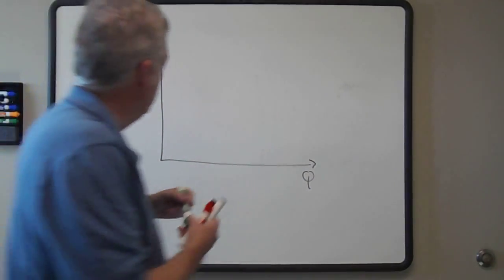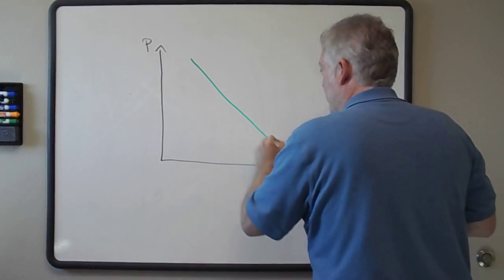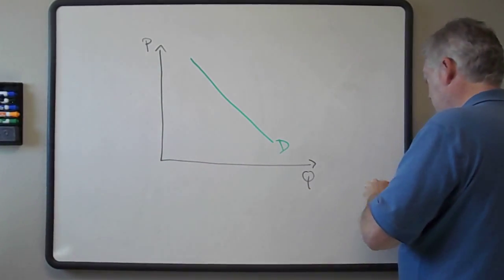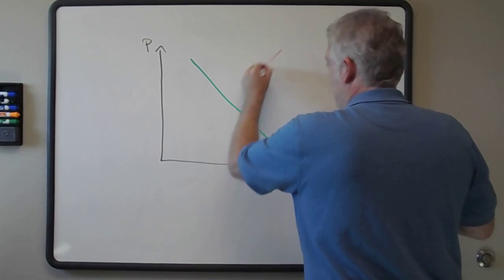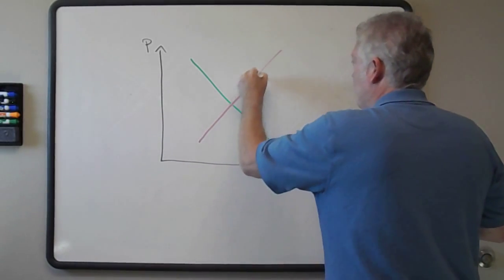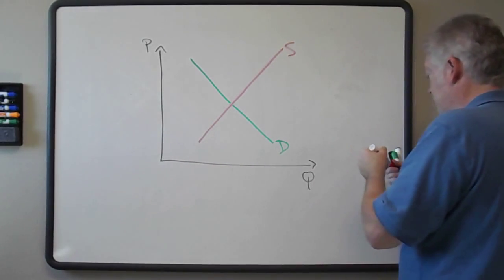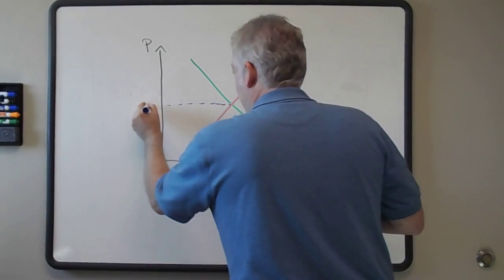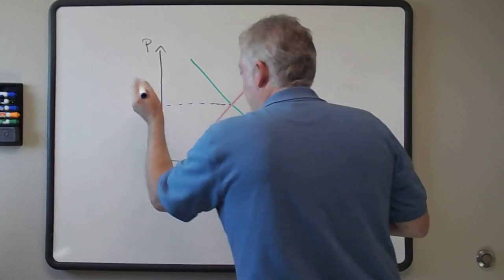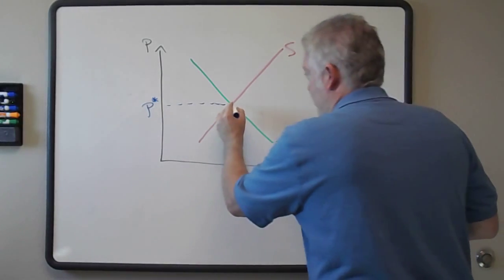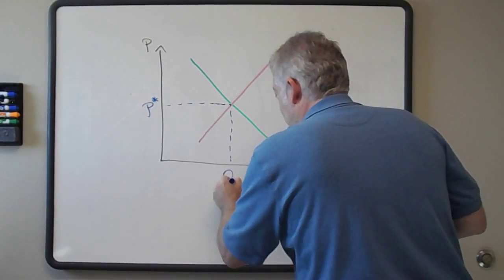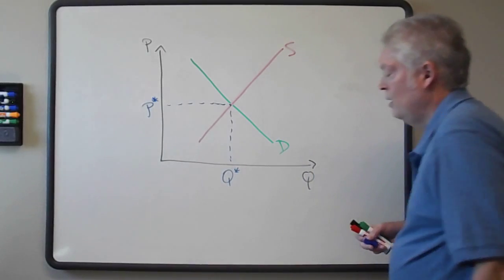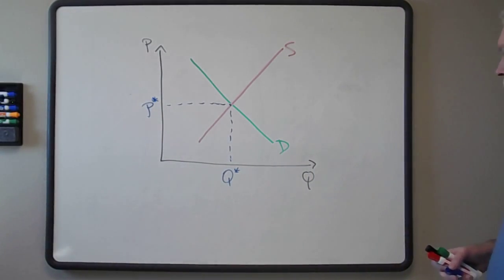And we've got a condition where we have a demand curve looking something like this, downward sloping, and a supply curve looking something like this, upward sloping. And as a result, we have some equilibrium condition of price, equilibrium price here. And for right now, we're not interested in actual values, just to know where these are, and an equilibrium quantity here. And what was it we said about equilibrium quantity?